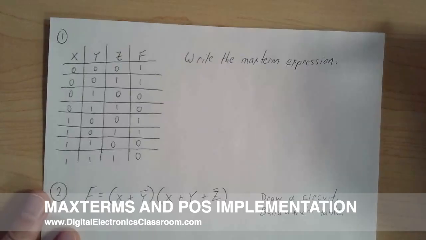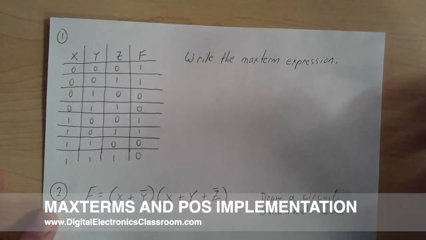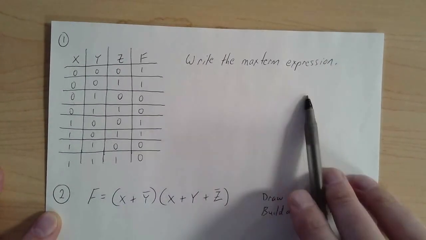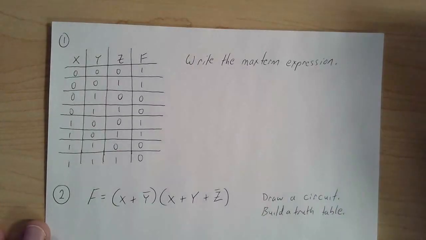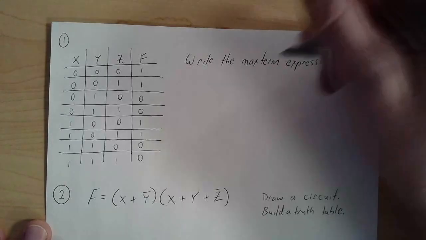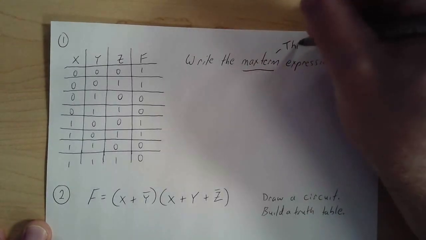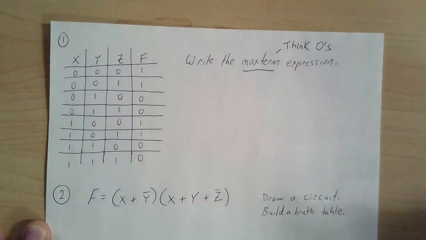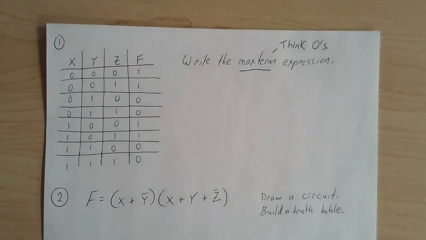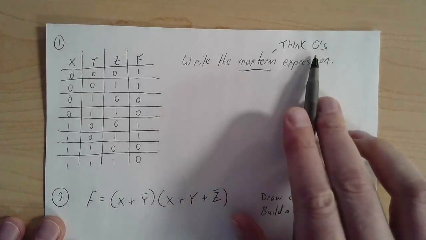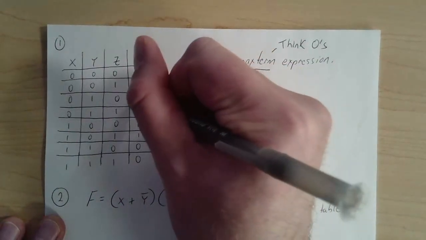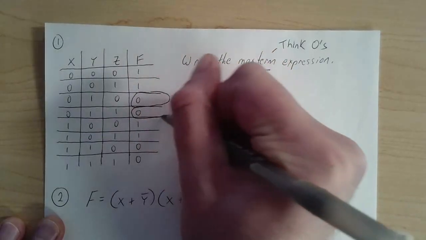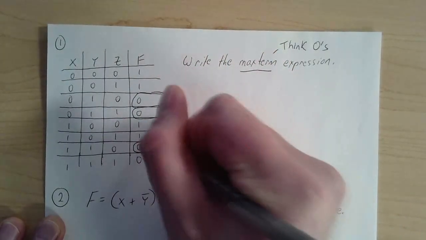In this first problem here, we're given a truth table and we're asked to write a max term expression for this truth table. And so one of the things that we want to remember is that for a max term expression, we want to think zeros. So if we think zeros, this will help us generate the correct max term expression. So the first way we think zeros is we look at the output column here. And we say, well, each of these outputs that are zero are going to become a max term in our